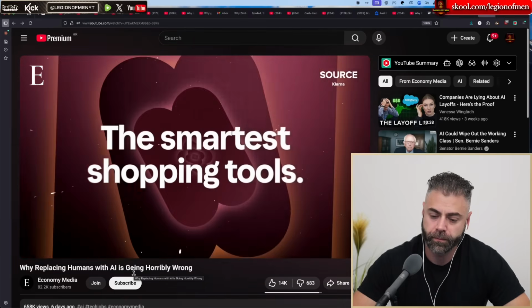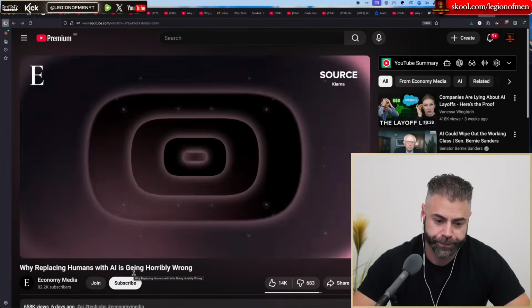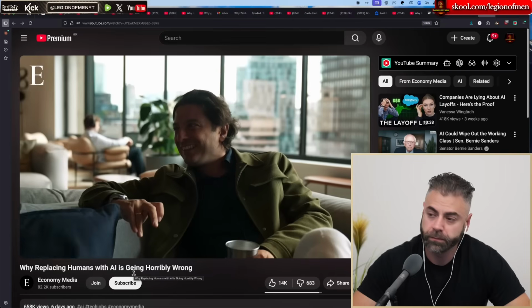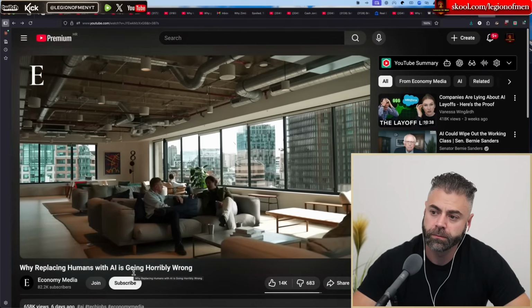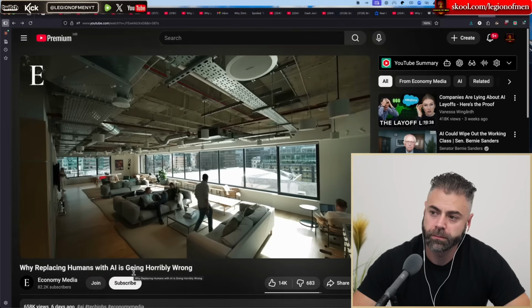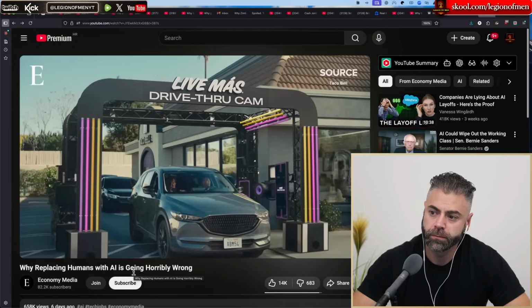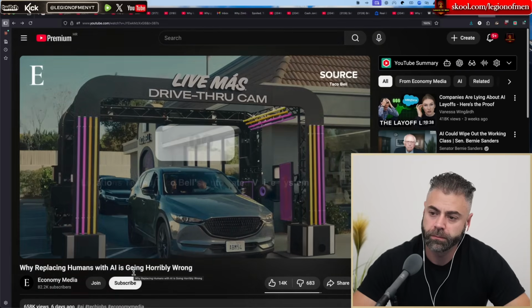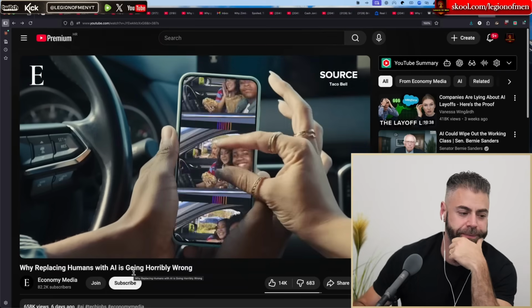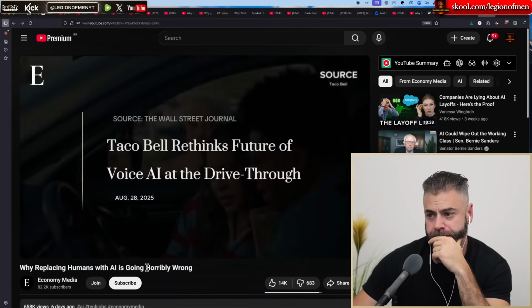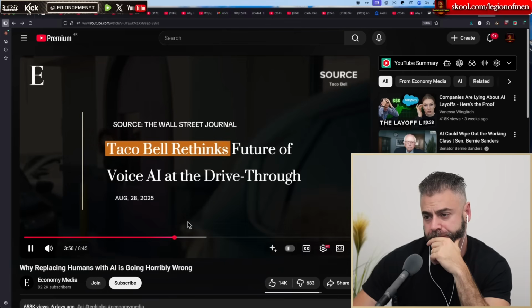Failures included incorrect approval of leave requests and inadequate responses to internal conflicts. This showed that AI is more effective in structured tasks than in processes requiring contextual judgment. Similarly, Taco Bell experimented with an automated voice system in 500 locations. However, the company had to limit its implementation due to errors in orders and billing, which affected customer experience and